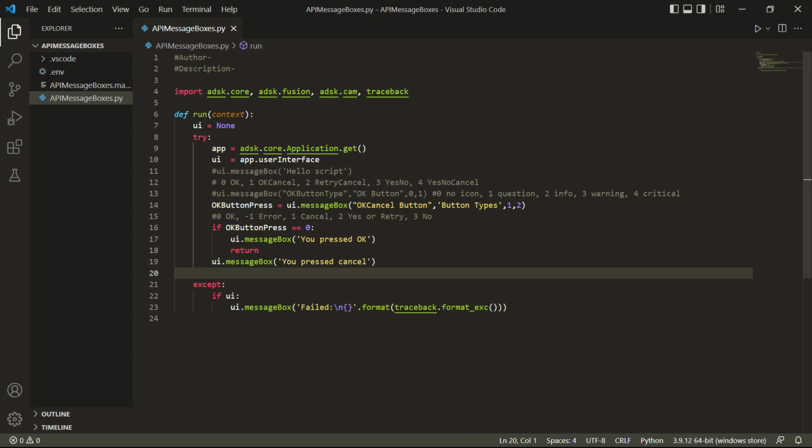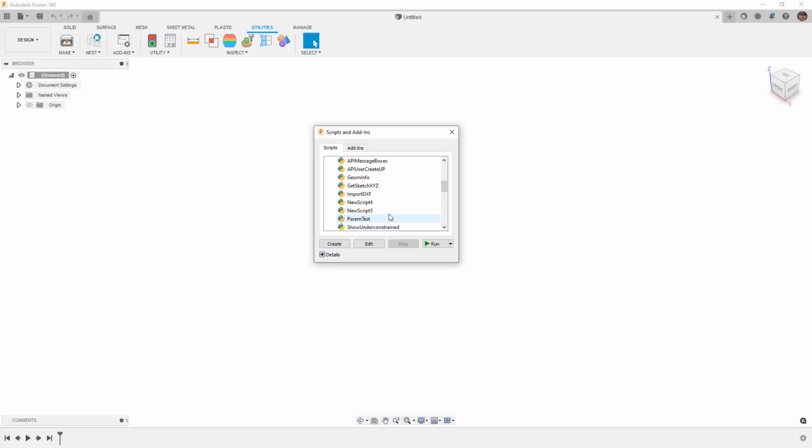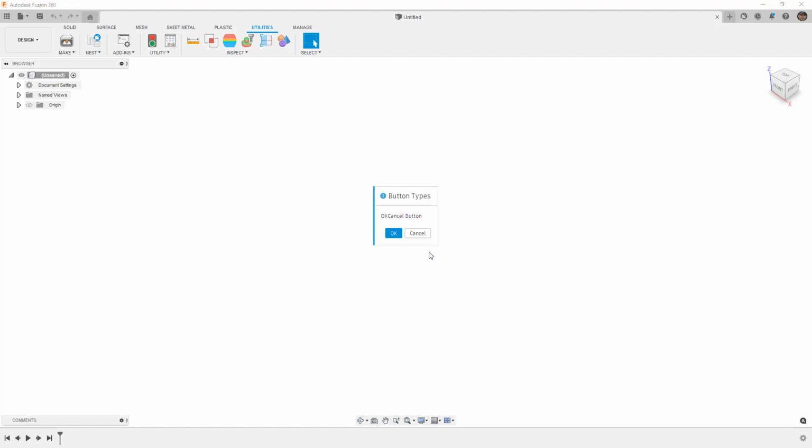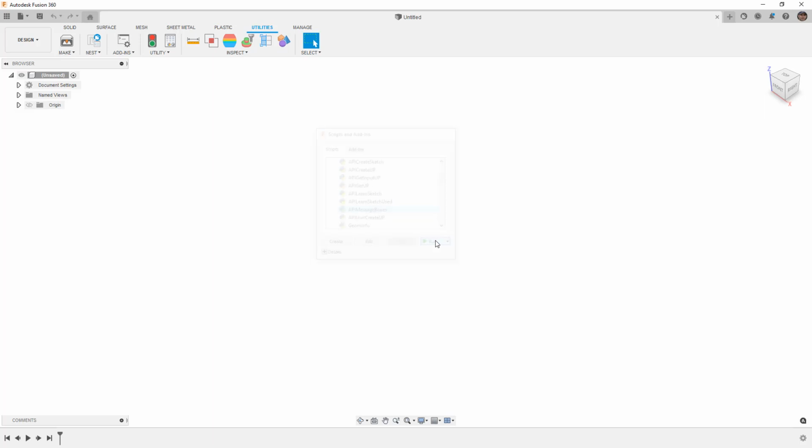So let's save this. Let's go back into Fusion and let's go ahead and run this. So again, API message boxes, OK cancel. So at this stage, when we press OK, we should just completely finish the program after we tell the user they pressed OK. You pressed OK, and we don't get a message box that says you pressed cancel. So let's go ahead and run that one more time. API message boxes. This time we're going to press cancel, and it gives us the message box, you pressed cancel,